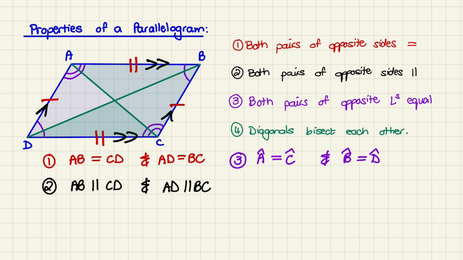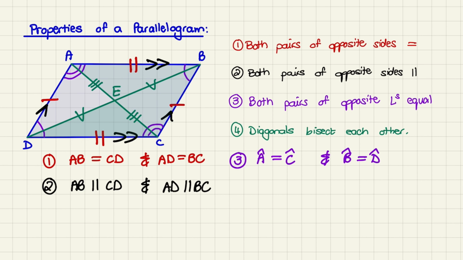So how we would write that mathematically is I'm going to make another point E where these lines intersect or meet, and I'll indicate it on the graph with lines. So I'll do 3 lines for AE and 3 lines for EC to show that AE is equal to EC. And I'll do a little V for DE and a V for BE to show that DE is equal to